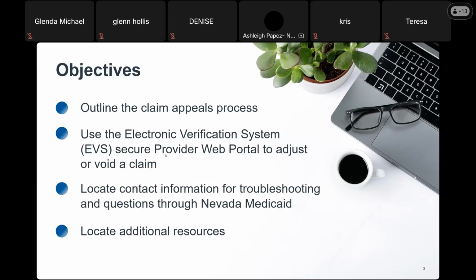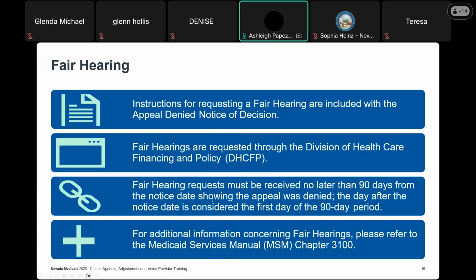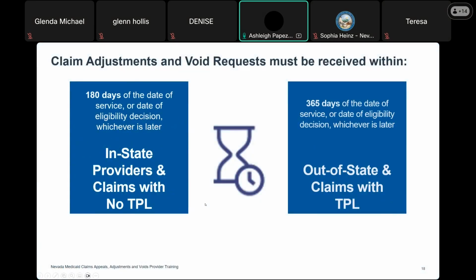Our objectives today: I am going to be going over, at the end, how to locate our contact information and resources for troubleshooting, and additional resources that will help you throughout submitting claims adjustments, appeals, or if you need to submit a void. Okay, so for claims adjustments and voids, what's very important to notice is that you want to